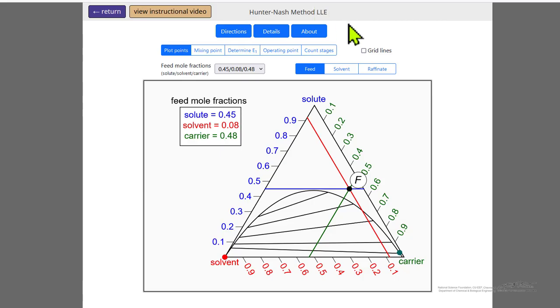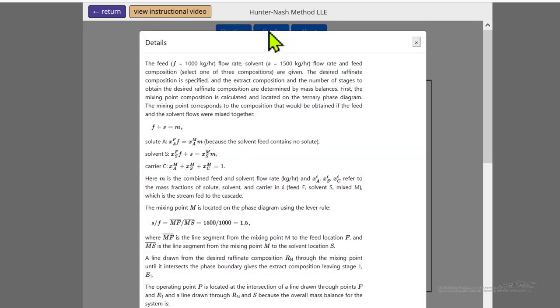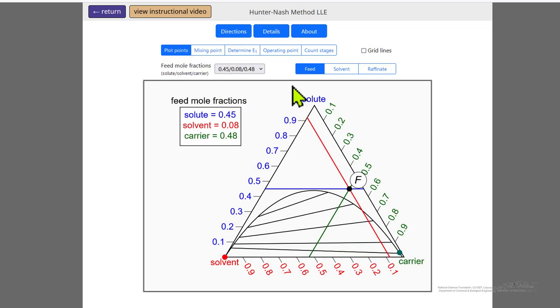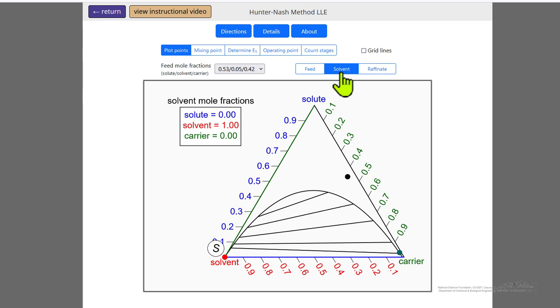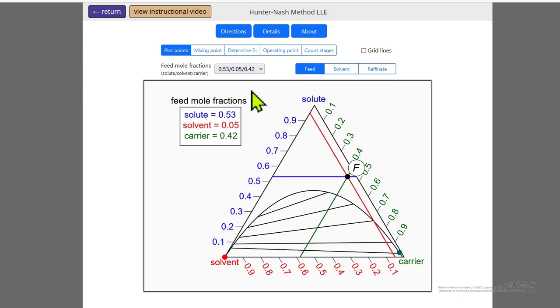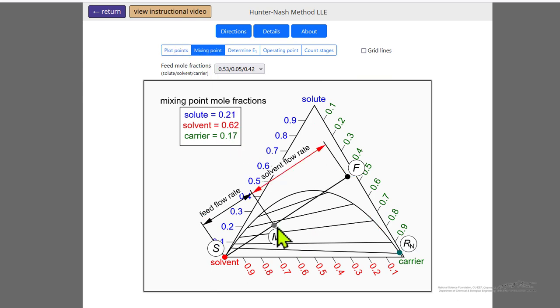What the Hunter-Nash method demonstrates is essentially a visual, graphical way of representing the mass balances. The mass balances are shown here in the details. If we pick, say, one of the feed compositions, you notice we can also show the solvent or the raffinate compositions. For the feed compositions, if we go to the next step, which is determine the mixing point,